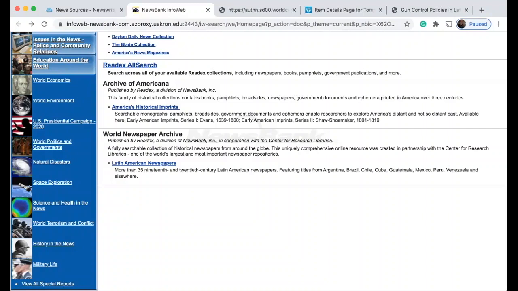So this may or may not be useful to you as you're thinking about Major Paper Assignment 2 or any of the other assignments in this course. However, you may find that some of the information is useful, not only for this class, but for other research that you'll do in the future. You'll also see that there's a World Newspaper Archive that includes articles from Latin American newspapers. So these are more than 35 19th and 20th century Latin American newspapers. These are featuring titles from Argentina, Brazil, Chile, Cuba, Guatemala, Mexico,